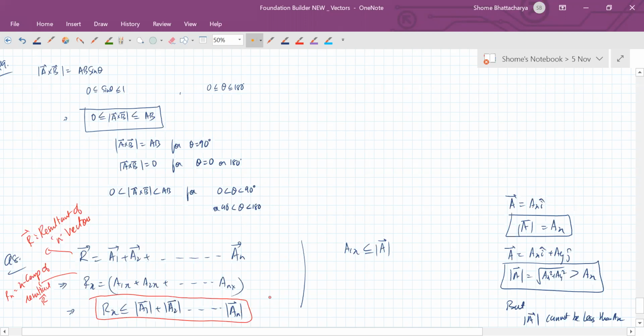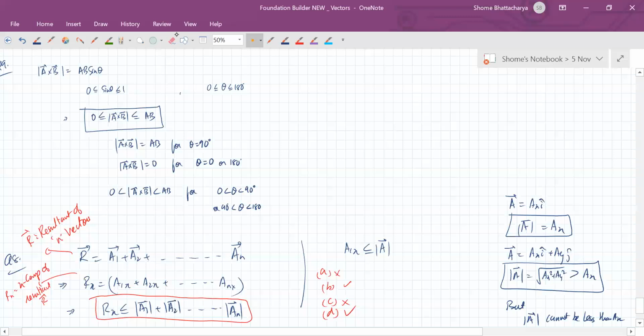So accordingly in question 8 we can see which option is correct. Is equal to the sum, not necessarily. May be smaller than, yes. May be greater than, cannot be. Cannot be greater than. May be equal to or may be smaller than. So B and D are the correct options. May be smaller than, yes, and may be equal to. But C is wrong because it can never be greater than. It says may be greater than. And E is also wrong because it's saying that it will be, but it may not be.